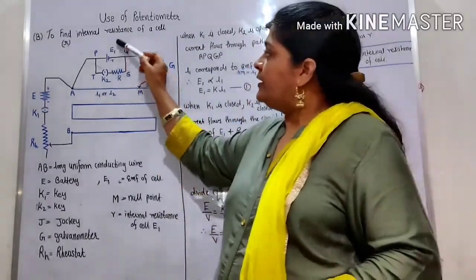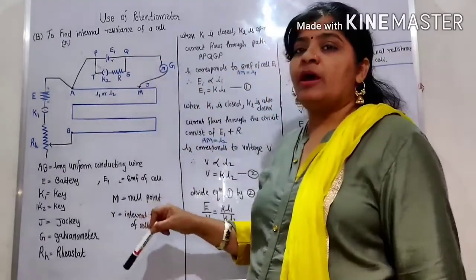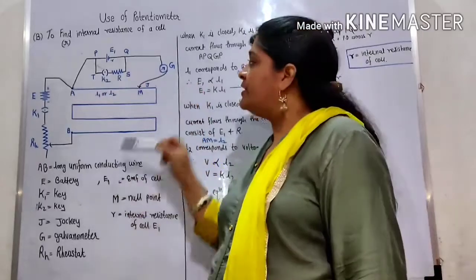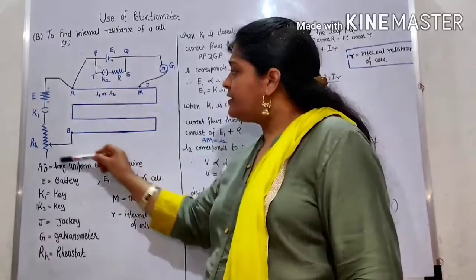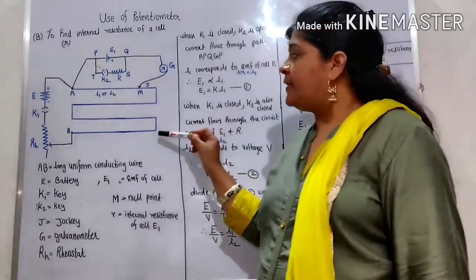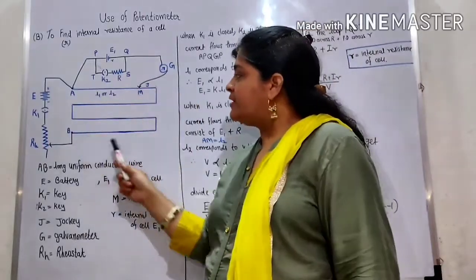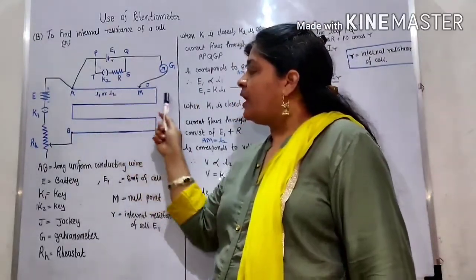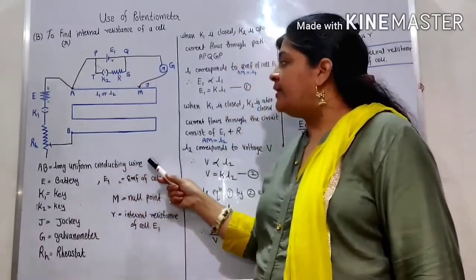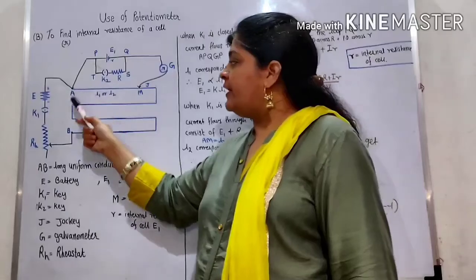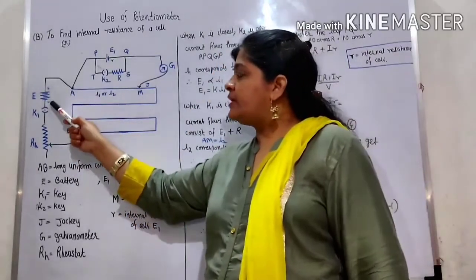Now to find the internal resistance of the cell, we are using one formula, and we obtain the formula from this method. See, the same circuit diagram and the same apparatus are used, that is a potentiometer. On the wooden board, AB, a long uniform conducting wire, is placed. After that, across the A and B terminals, we apply the supply. A high battery voltage is connected.